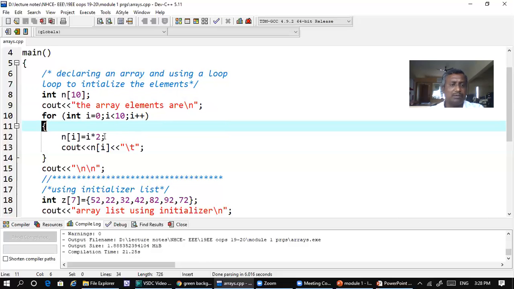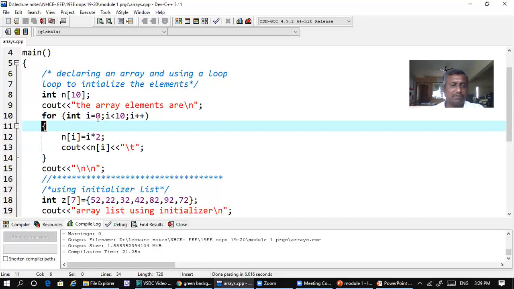So now here what will happen? By using this for loop as a counter, we will get the values from 0 to 10, or 0 to 9 we will get it here. 0 to 9 is nothing but 10. Okay. What will happen? We'll use this I here in the location, the n of I. So what does it mean?